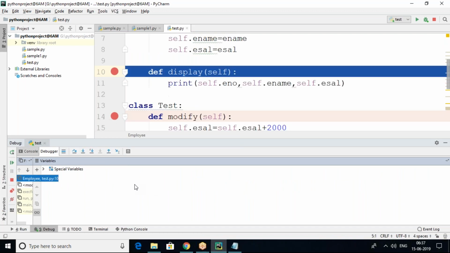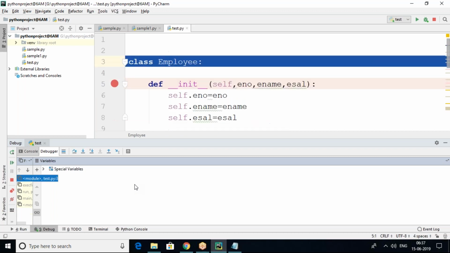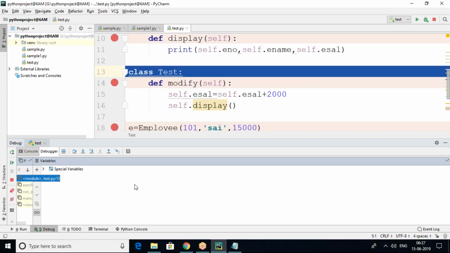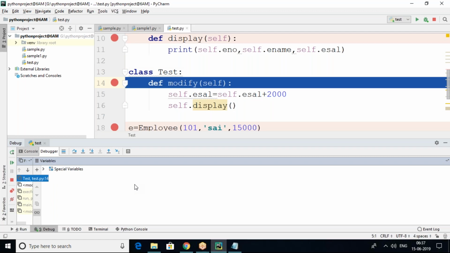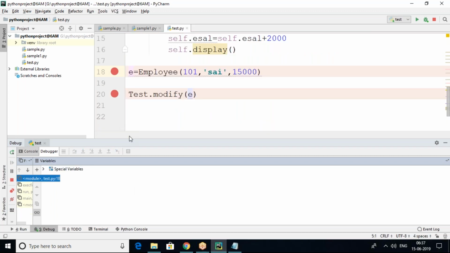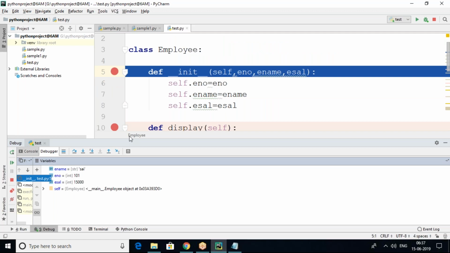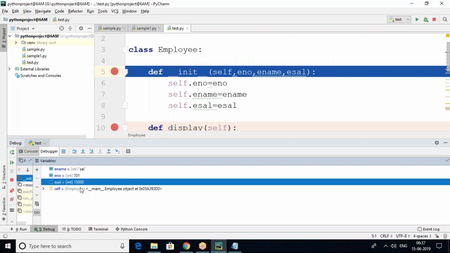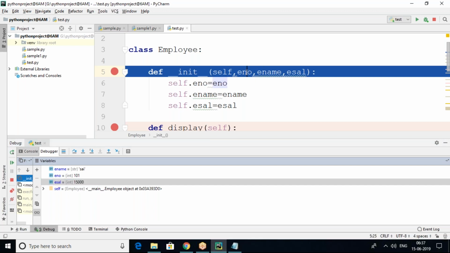So after that the constructor is invoked, and it is going to call the display method. In this display method, you can see test dot modify. See, E name Sai, ENO 101, E salary 15,000.